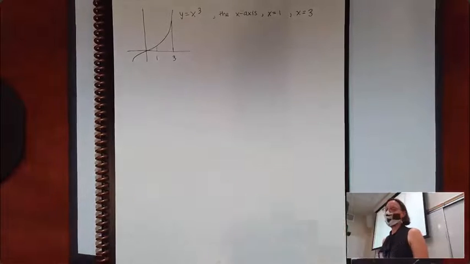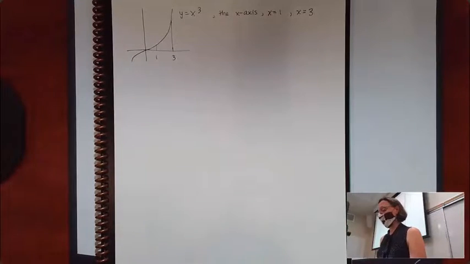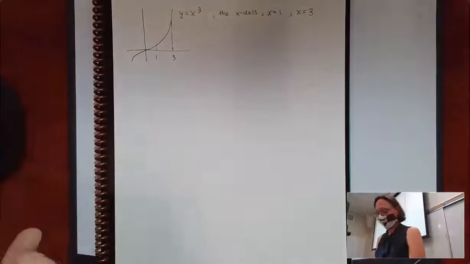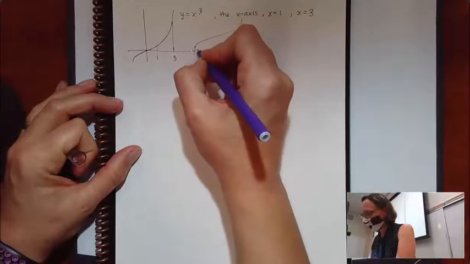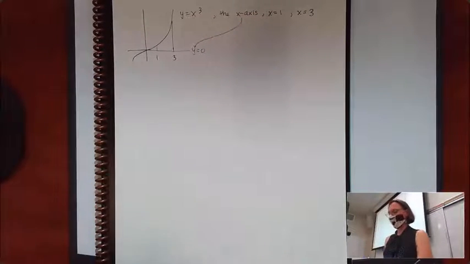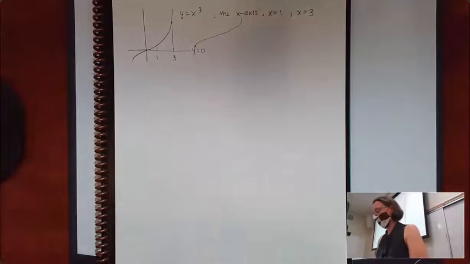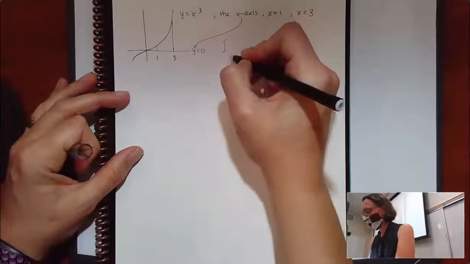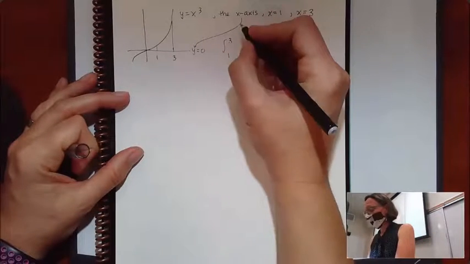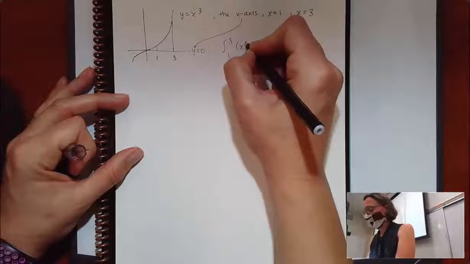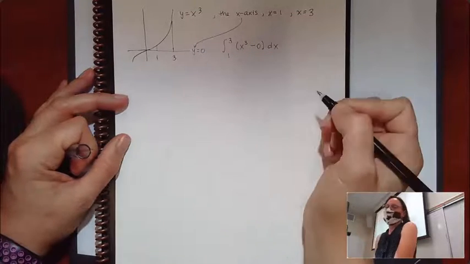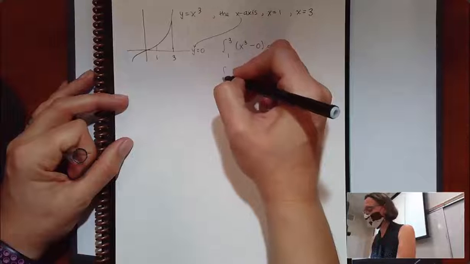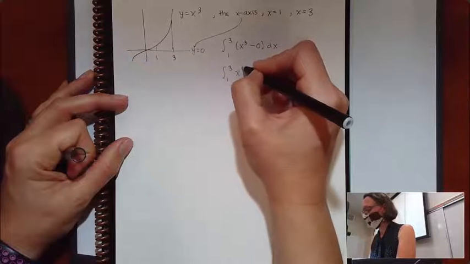Or if you want to keep it as a top function minus a bottom function, then the x-axis is secretly the function y equals 0, which means that if you were to set up your integration, you could write this as your top function of x cubed minus your bottom function of 0. But we don't usually. So in that sense, yes, we could definitely skip that step